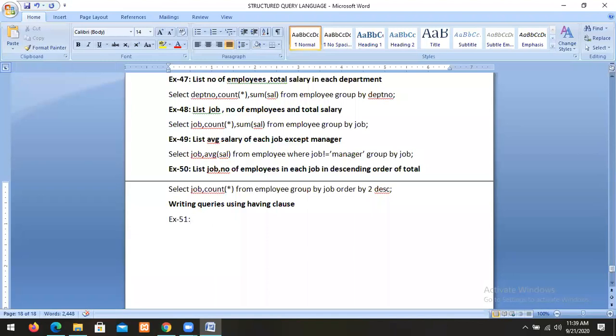List the average salary for all departments, for departments having more than 5 people.